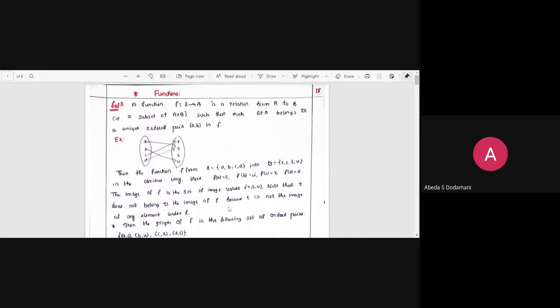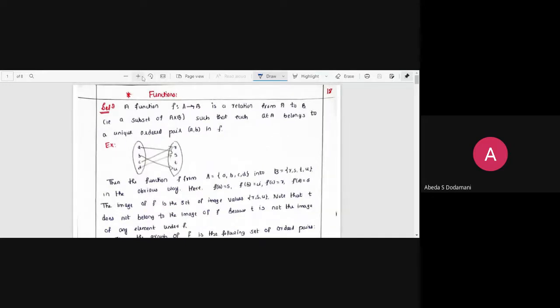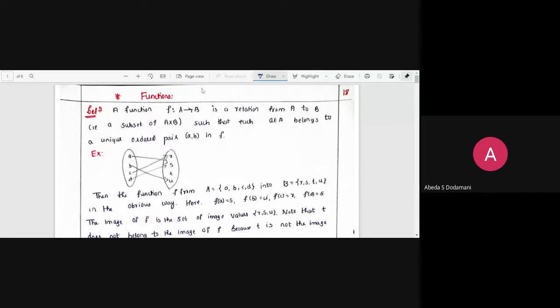Yeah. So we'll start with the functions today. So basically guys, whatever the relations we have studied up to now, relations and functions are internally connected. Whatever the relations we have studied till now will lead us to some functions. So let's understand what a function is all about, when do we say that there is a function, and when do we say that there is no function. All this discussion we will do now.